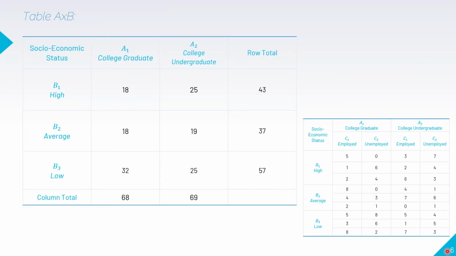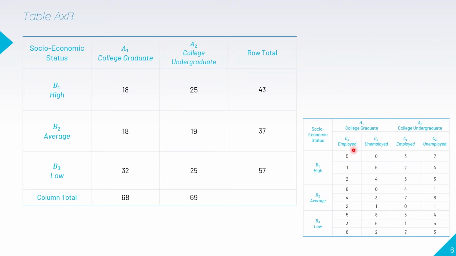Next, we make a table, a different table for each different interaction. First is our table of A and B. In this table, we only have our A and our B. So coming from here, college graduate, college undergraduate, and high, average, and low. In order to find the values in here, we need to find the college graduate under the high socioeconomic